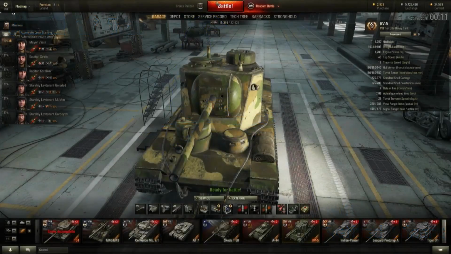Hello tankers. So today I'm going to bring you a game with the KV5. What's special about the KV5? KV5 is a premium tier 8, so it makes a lot of money when you play it, and it's useful for training up your Russian heavy tank crew, because you can move the crew from any Russian heavy into the